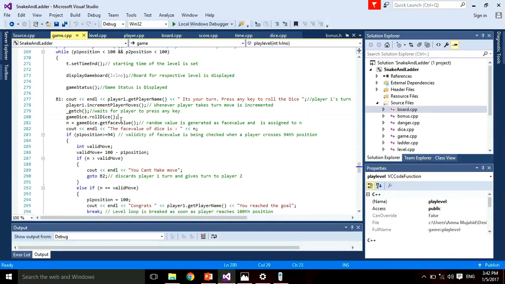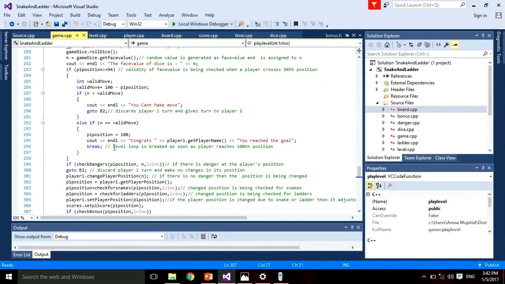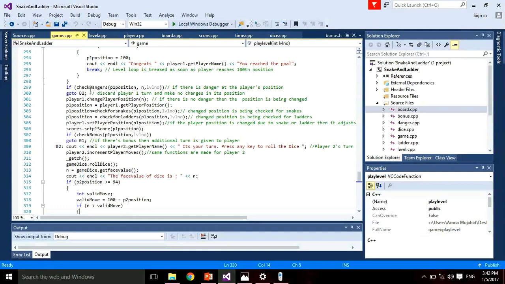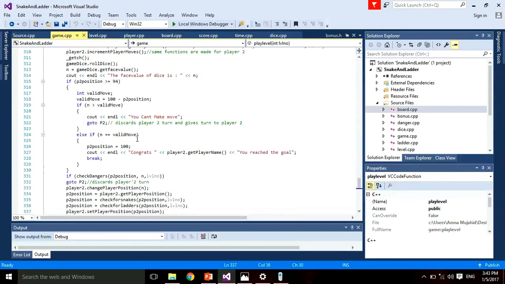the dice is rolled for player 1. The face value is stored and passed onward. Now here is our checker function for position. If the position is greater than 94, then the validity of the move is checked. Then the dangers at the position are checked, and the position is changed respectively for the player. When the player's position is checked, snakes, ladders and dangers are checked, and if there are any of them, the player's position is changed, which is set using the set player function. The same goes for player 2,